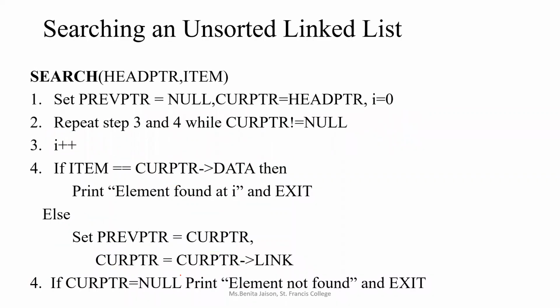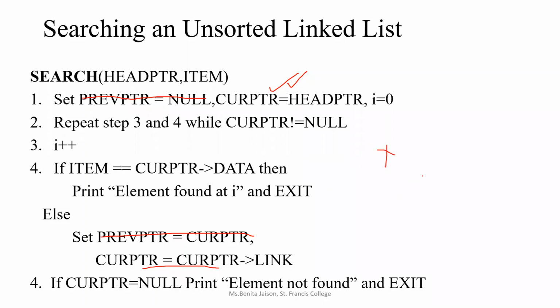Now, the third operation is our search operation. Here also, we are using 2 pointers. If you want to write with a single pointer also, you can write. Only difference will be, we will strike out this previous pointer here and here. That's the only difference. If you want to write the searching algorithm with only one pointer, that is our current pointer, got it? So instead of initializing previous pointer equal to null and current pointer equal to head pointer, initialize only current pointer equal to head pointer, and during the traversal we are just giving current pointer equal to current pointer link, because there is no